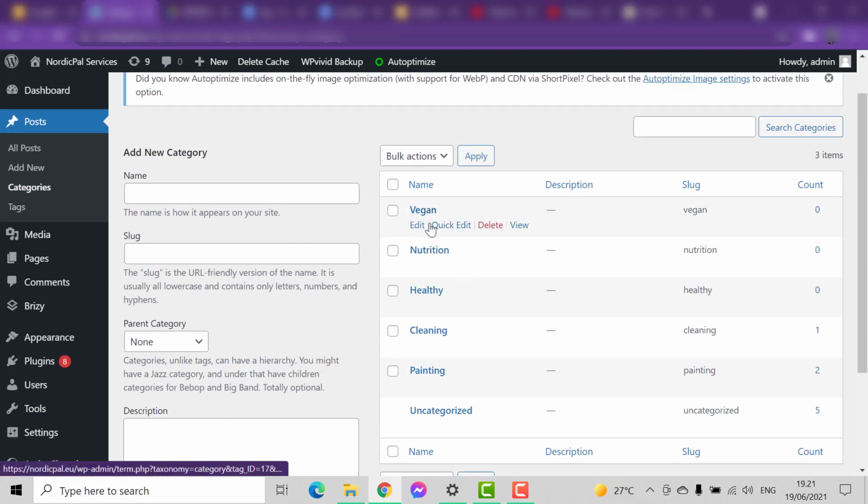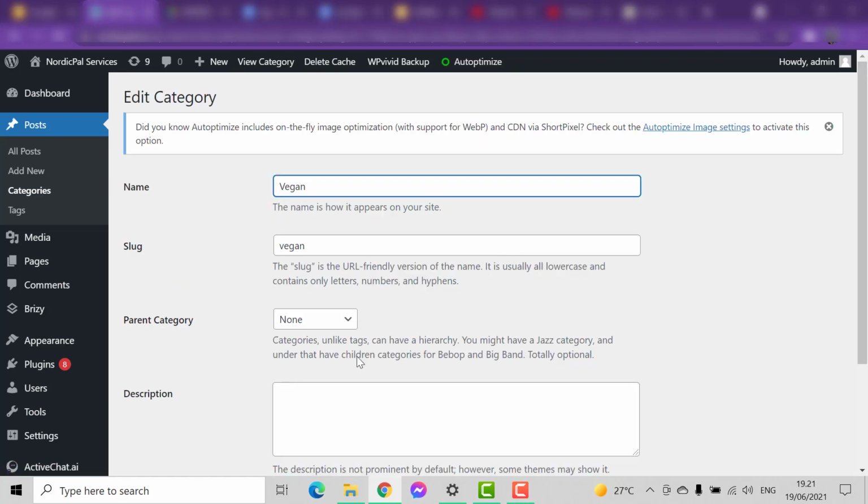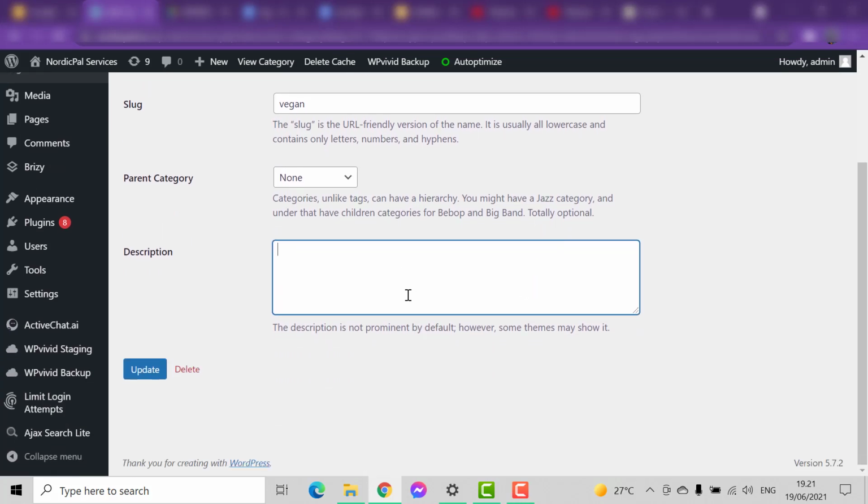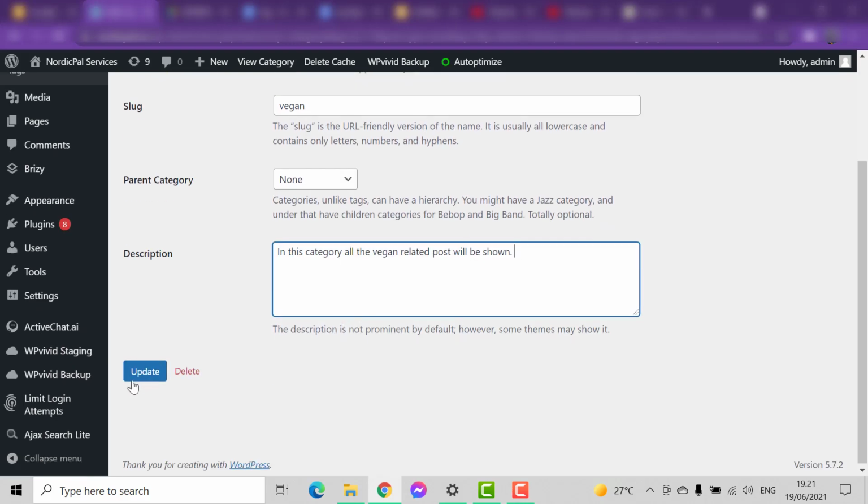But if you'd like to edit, you hover over each one of them and go here to the edit options. I decided to edit now because I would like to have a description, just to show you that you can really have a description. And here you can see that in this category all the vegan related posts will be shown. And pardon me about my spelling, because I'm not good at it. So I update it,